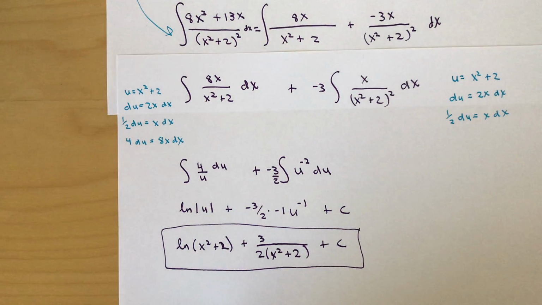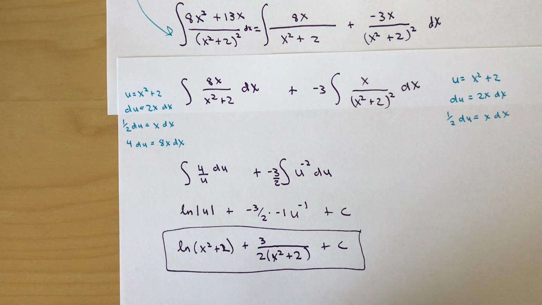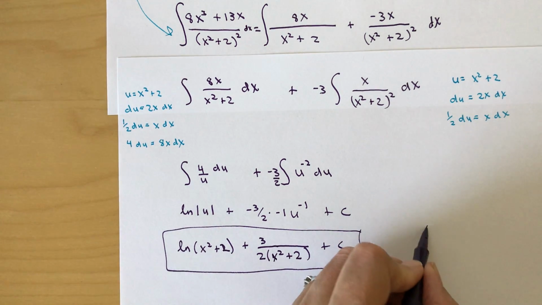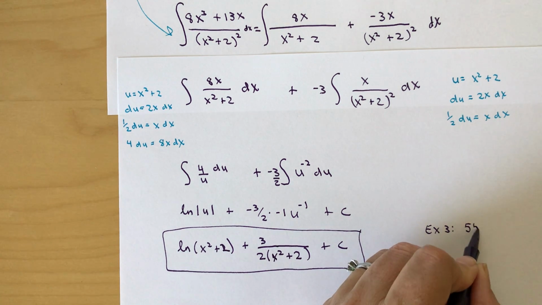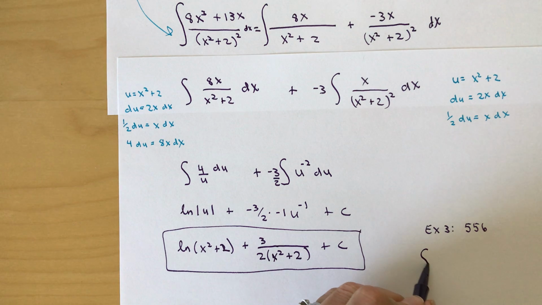All right, perhaps it would be good to look at one more example, but I'm not going to take the time to do that in a video for you. I did get these examples out of our textbook, Larson Calculus, 8th edition, and the third example, if I were going to do one, would be example 3 on page 556. And it looks like, if you wanted to try it on your own,